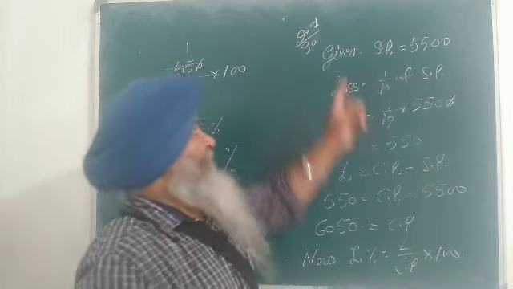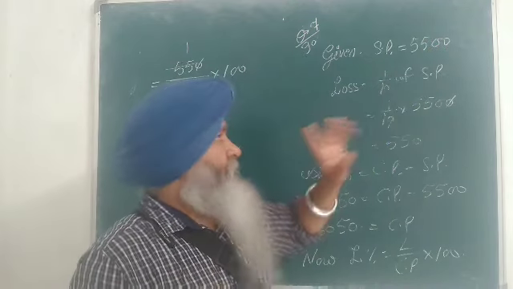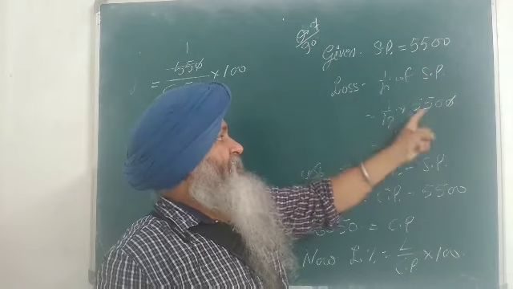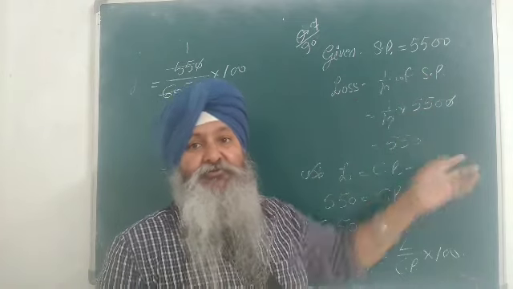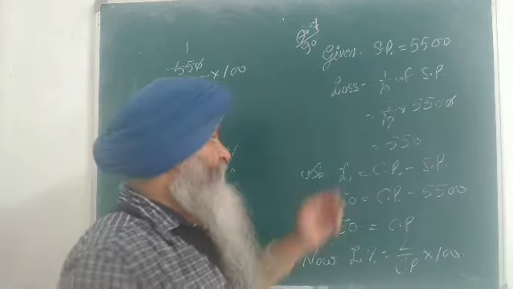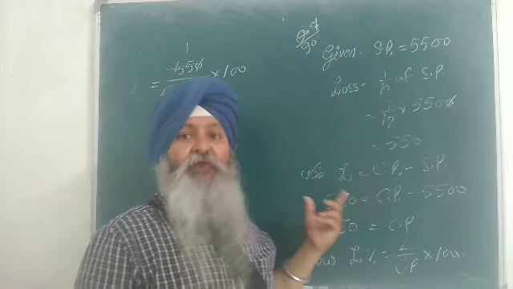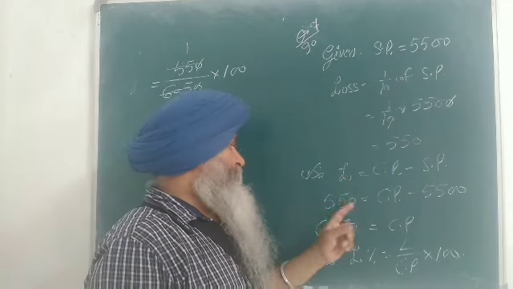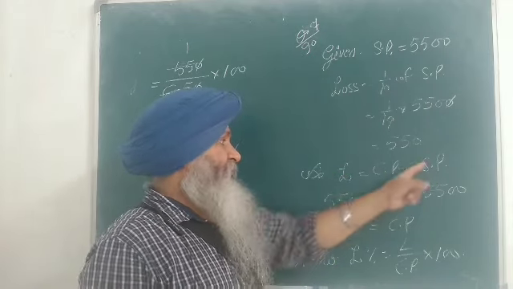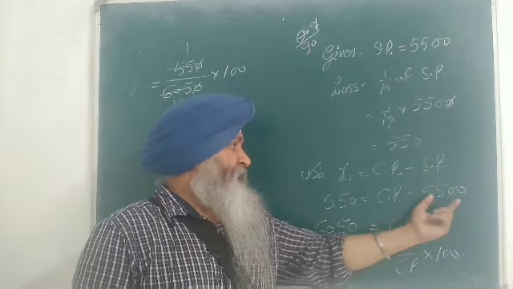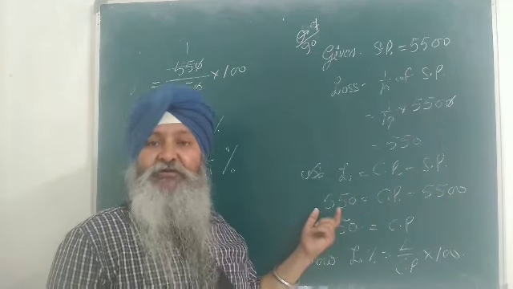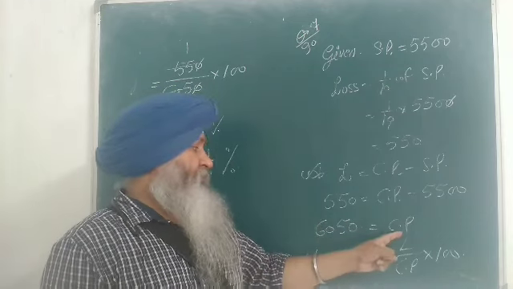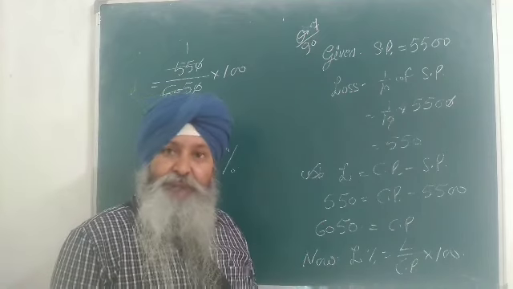So now they have given selling price 5500. We know that our loss is 1/10 of this selling price. And what is this? 5500. On cutting I am getting a loss of rupees 550. Now we know the loss, so we know the formula of loss also. What is the formula of loss? Cost price minus selling price. So that is 550 equals cost price minus 5500. When this 5500 comes to this side, it becomes plus. On adding it, it is 6050. So the cost price is 6050.